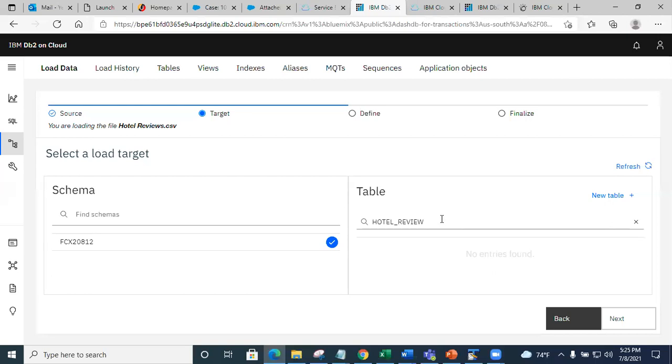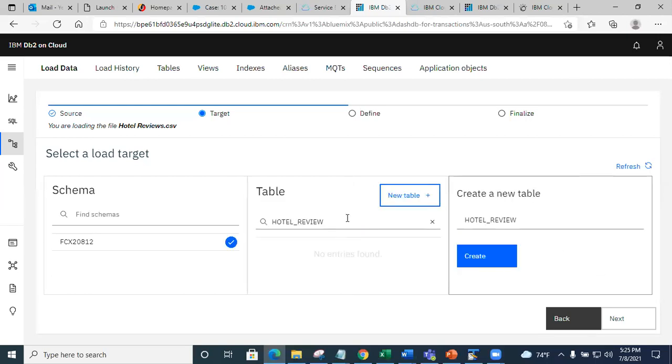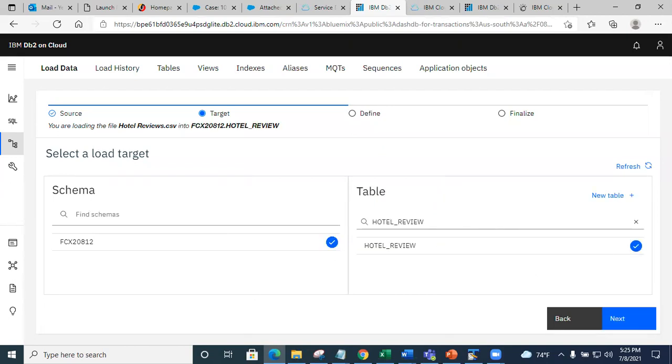Right. So this is a new table. New, oh, here it is. Right. So I'm gonna click create. Right. So the steps are the same. Do you see the source target? Everything is the same. It's just a new interface.